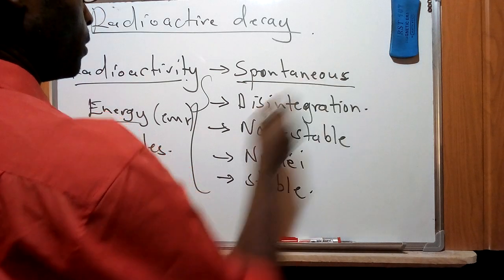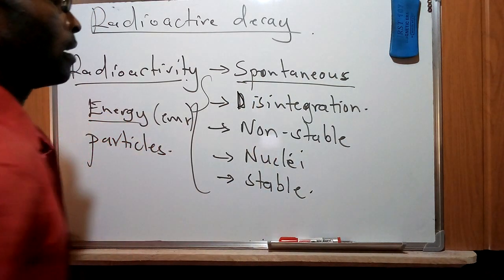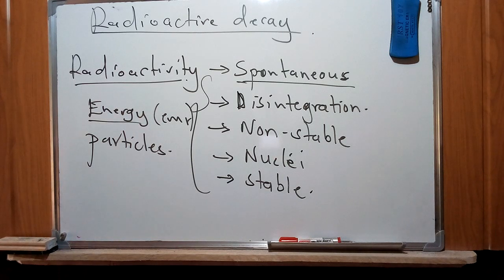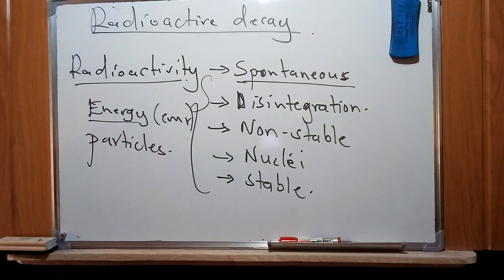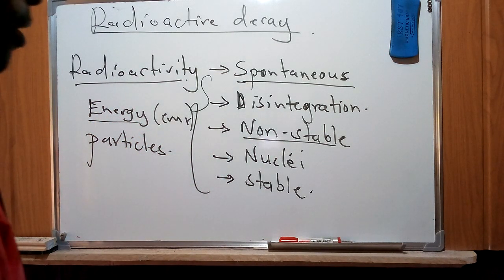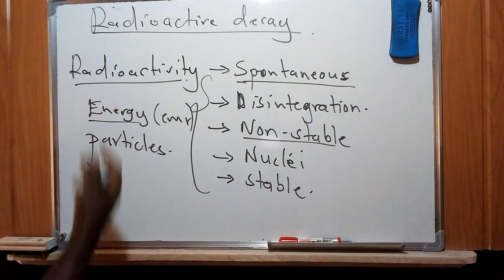And then we have talked about disintegration, which means basically that this thing is going to fall apart or split. The next one is unstable, which means the nuclei that are undergoing radioactivity